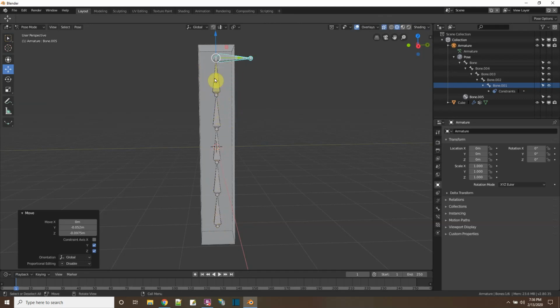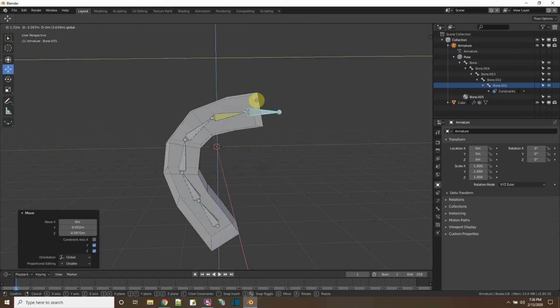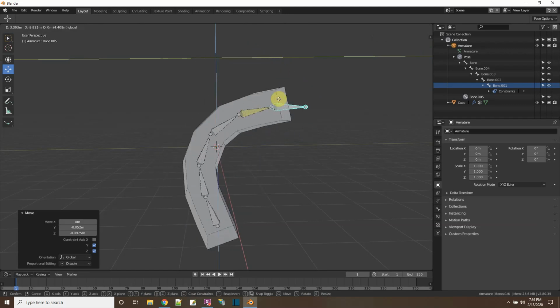There was another short video I did on how to do that. And then over here, there's another bone that I made not parented by this yellow one. And then I set up the inverse kinematics on this bone to this bone. So now when I move this blue selected bone here, the inverse kinematics takes effect, and it's kind of